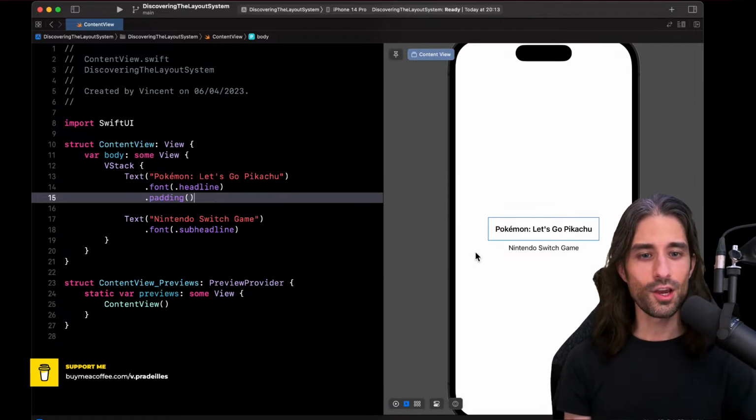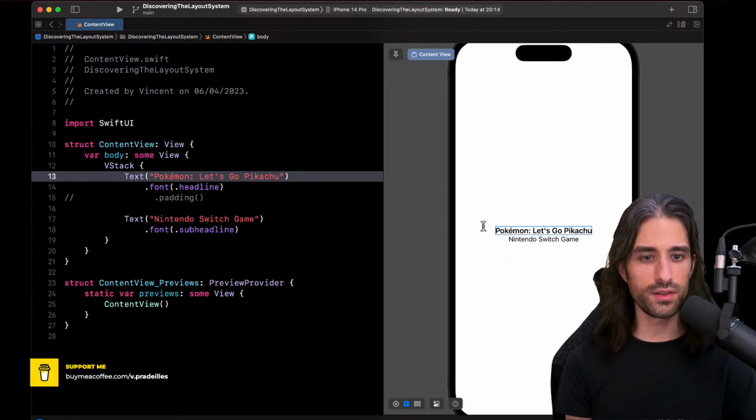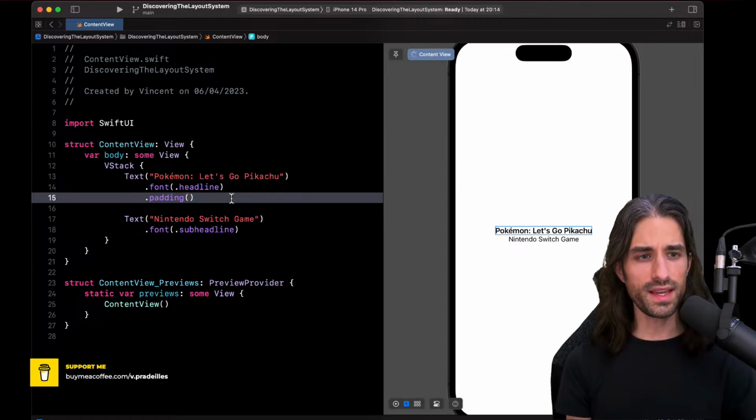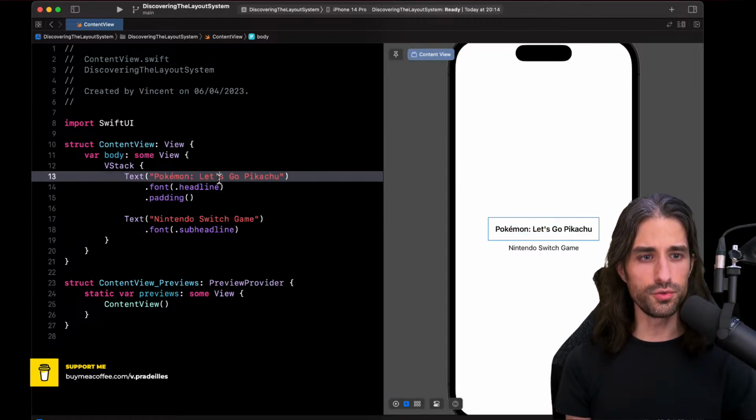What's interesting is that with this behavior of the preview that highlights the frame that the view occupies, we can better understand how padding works. Because as you can see, when there is no padding, the text takes only the space it needs. And when we add the padding around it, we have a new view.